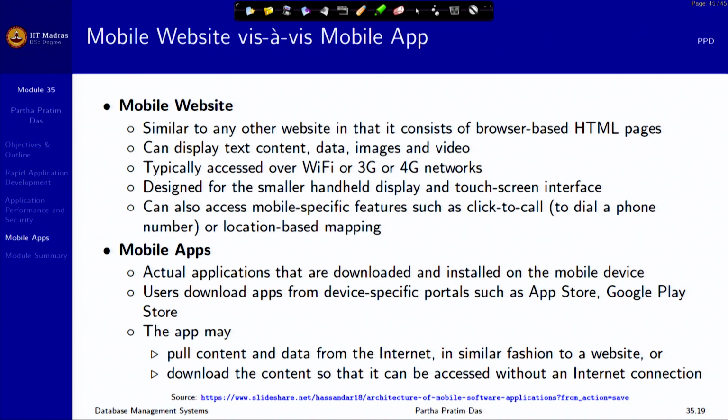It could be, click to call kind of inputs may also be available. So even if you are designing a website which is for the mobile device, you have to check out the factors that you have to take care of. And if you are doing